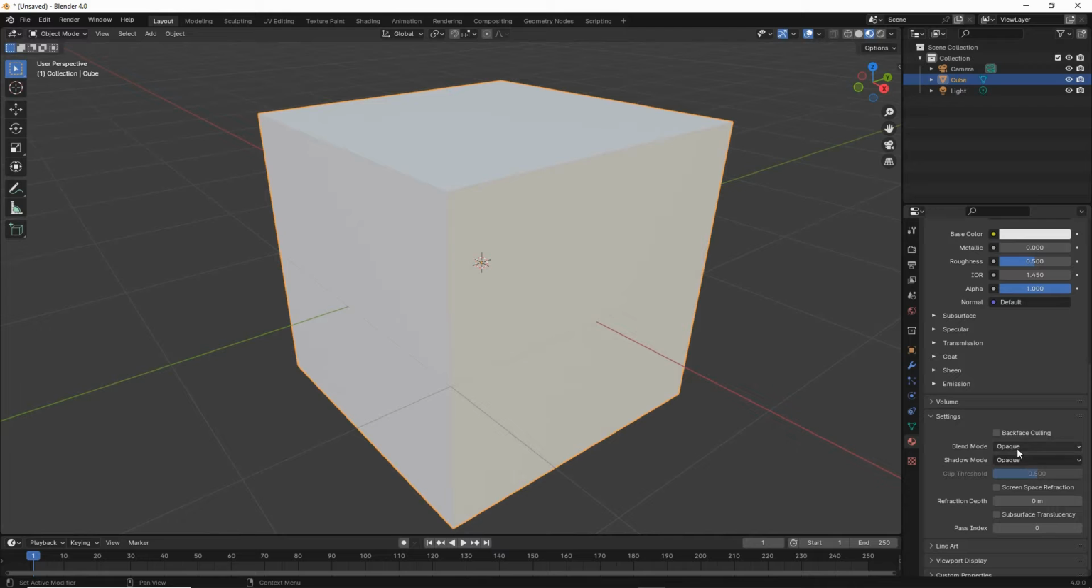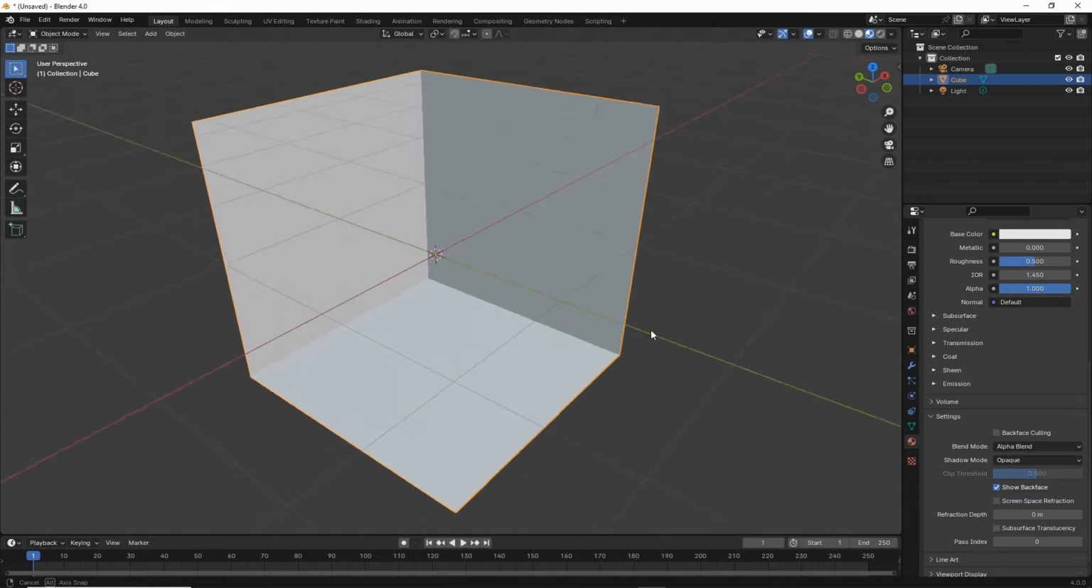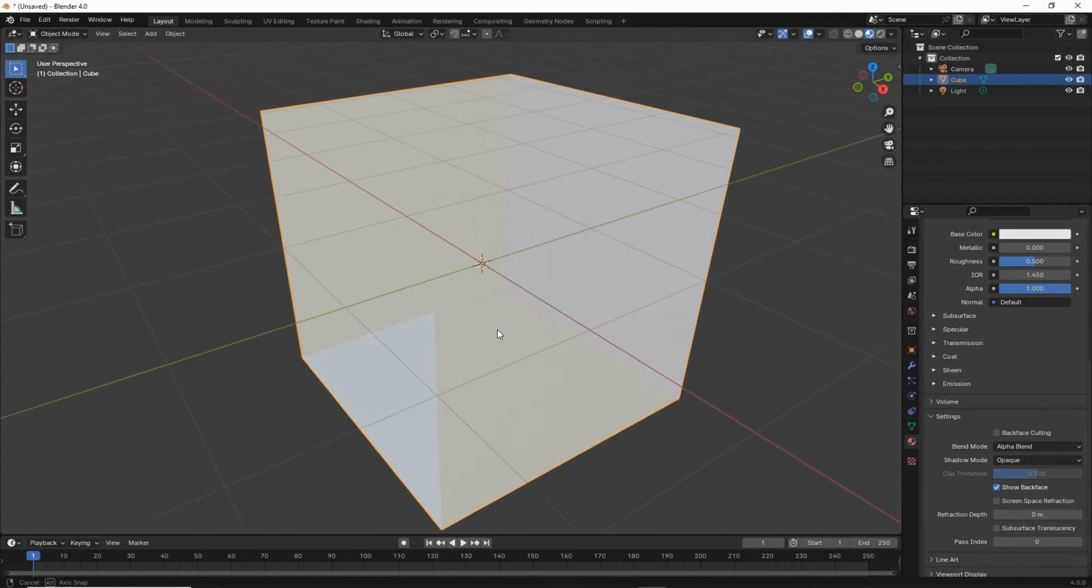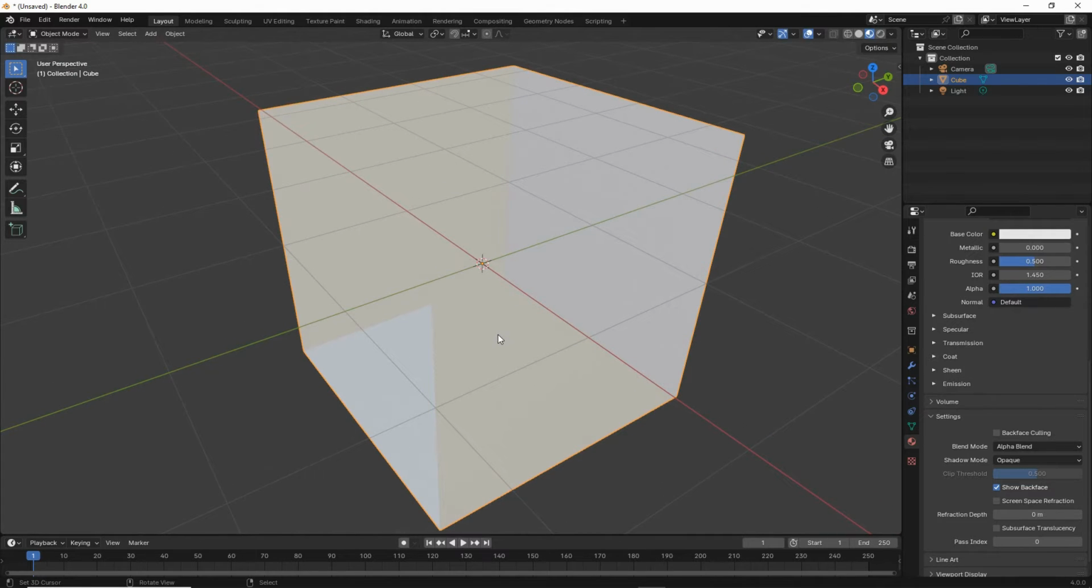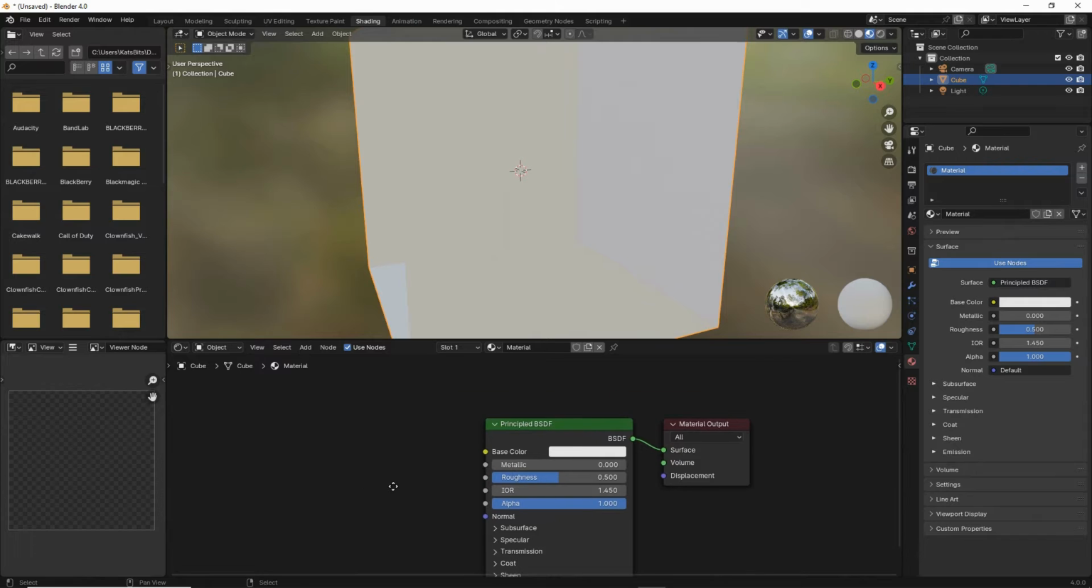So this is going to be alpha clip, alpha hashed, or alpha blend, depending on what it is that you're doing. Let's just go with alpha blend. That'll make the material or the cube or the object appear a little odd because of the sort issue that this creates by default. So the next step, shading workspace, we need to drop in